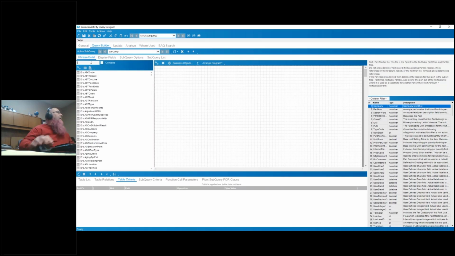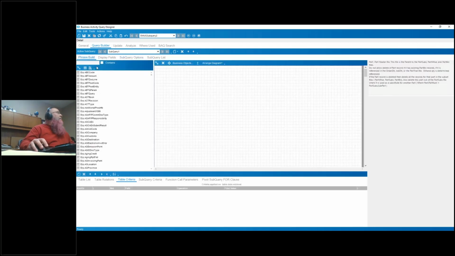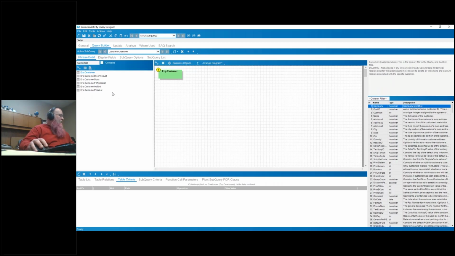So I'm going to come in. First stuff that I'm going to do is change my subquery to customer order info. And we're going to come in here, and I want to get my customer table. Whoops, customer, there we go. And I want my, ever have one of those days where you're like, I know I missed a field in here. I want my order detail table. For some reason,